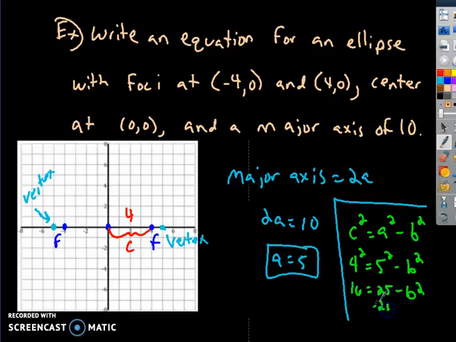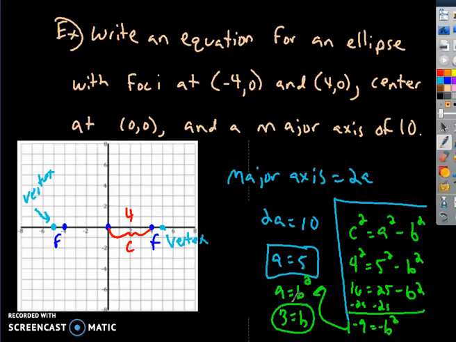Subtract 25 from both sides, and negative 9 equals negative b squared. Do the math there, divide by negative 1. So positive 9 equals positive b squared, and 3 equals b. So I know that the b value has to be 3 away from the center. So this is my center, this is 3 up, and this is 3 down, and this is the ellipse. All right, so I know a, and I know b, and I know my center. I got everything I need to write the equation for that ellipse. So the equation for that ellipse must be,